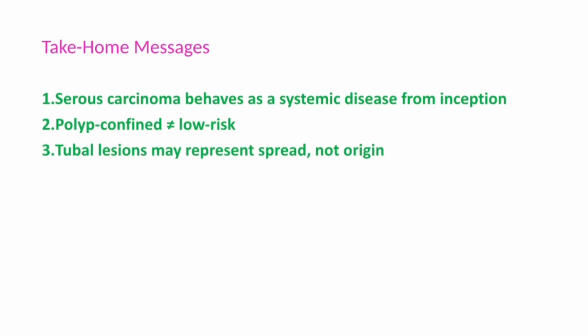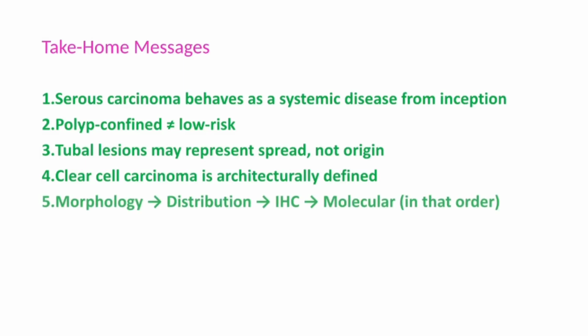Tubal lesion may represent spread and it's not origin. Clear cell carcinoma is architecturally defined, and whenever we see either serous or clear cell carcinoma, we have to go step by step approach, which includes morphology, what is the distribution, what is the nuclear feature,